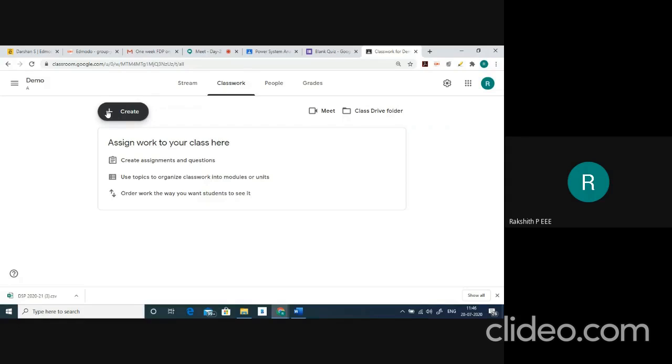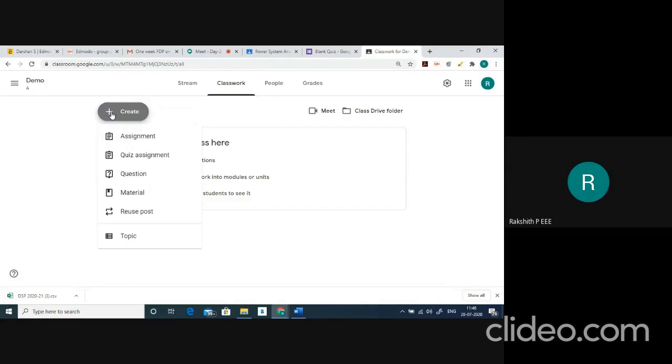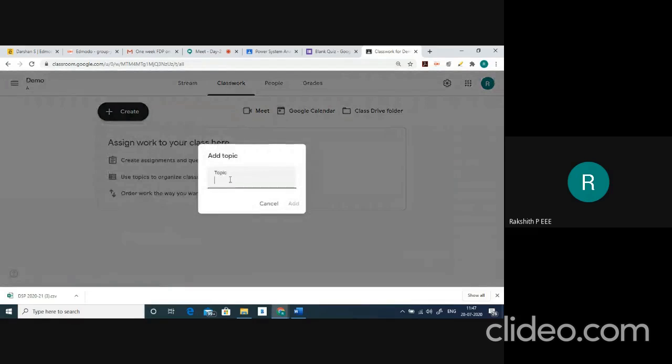So here you need to select this create. If you click on this, you'll get a drop-down menu which includes assignment, quiz, question, material, reuse already used post, or topic. I'll select this topic.